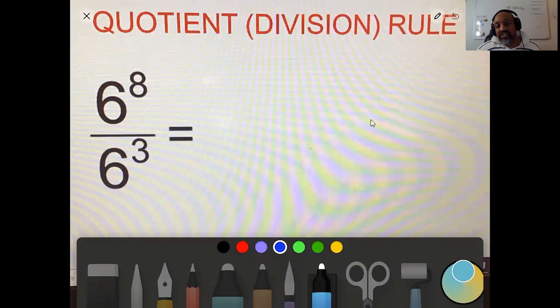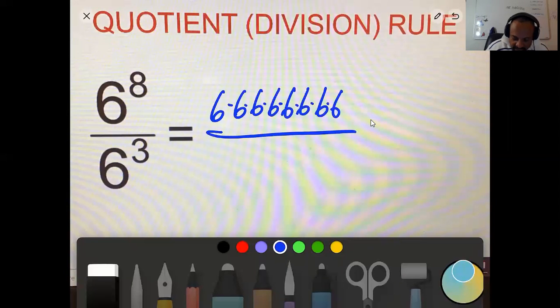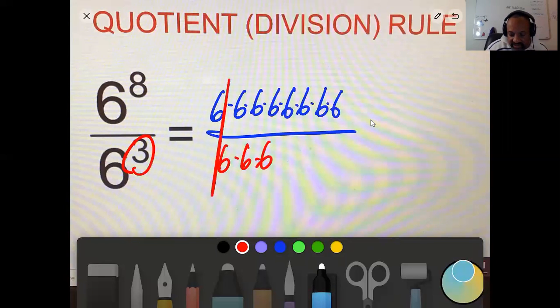Okay, now quotient, division. When you see division, again, you can use the exponent rule and write out 8 factors on the top, and then 3 on the bottom, and then cancel. So let me show you that. 1, 2, 3, 4, 5, 6, 7, 8. And I'm going to put multiplications in between them. And then on the bottom, there's 3, so I'm going to do 1, 2, 3. And now you can cancel 3 of them since they're on the top and the bottom, and you're left with